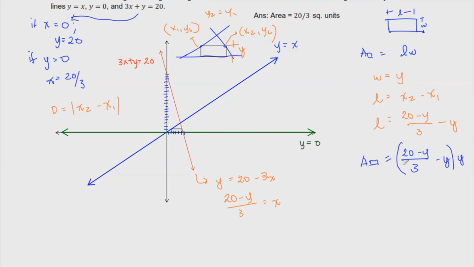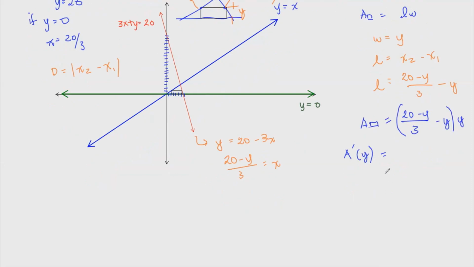Okay, so that is the area of our rectangle. And then we know that if we take the derivative of this expression in terms of y, because that's our single variable, we can determine the critical point if we equate that to 0. So the derivative would be simply (20 - y)/3 times 1, plus y times 1/3, and then I think that should be negative 1 for our derivative, because we could just factor out 1/3